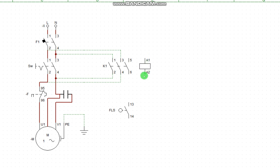Okay. Now, let me use a dotted line to make it more elementary for the benefit of those of us that are students or learners. Okay, this is the coil. All right. Now the switch to activate this coil, I need a neutral supply. Remember, I have neutral here. So what I will do is to send my neutral conductor,